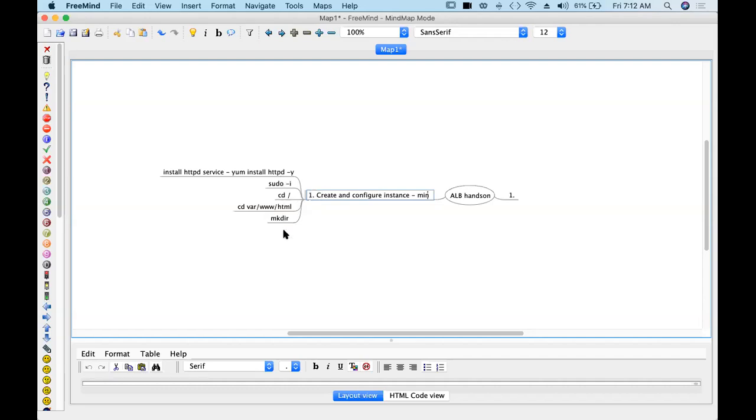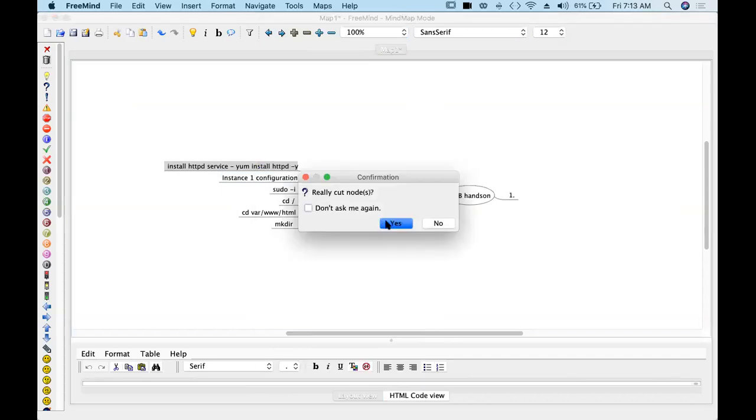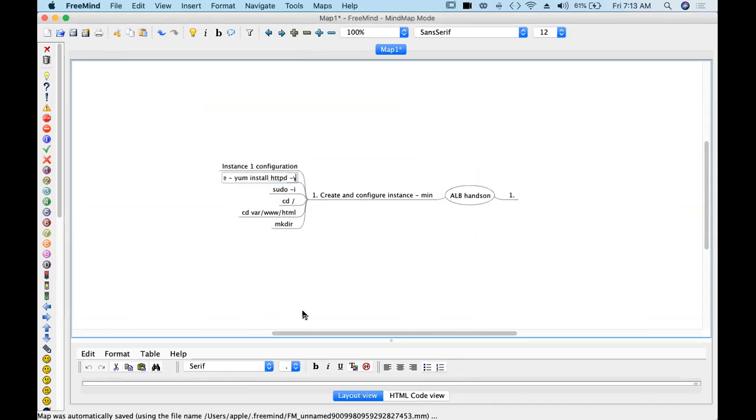This configuration is for instance one, guys. So mkdir fashion.